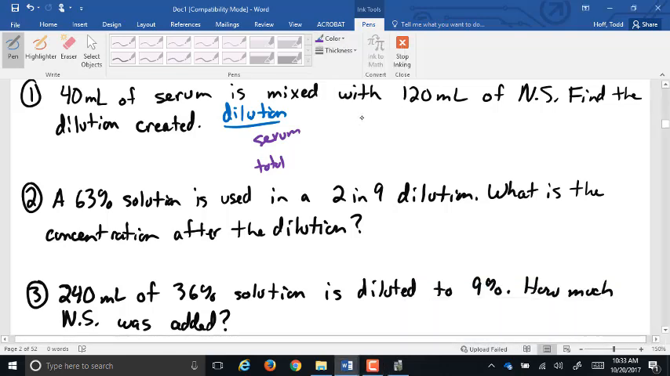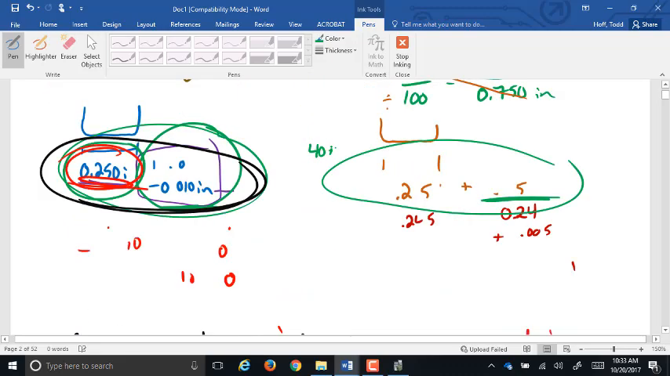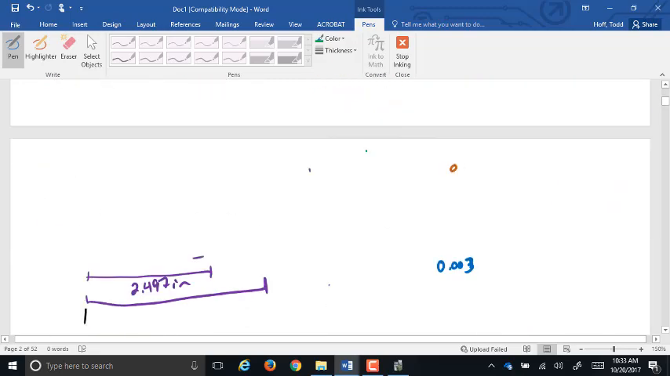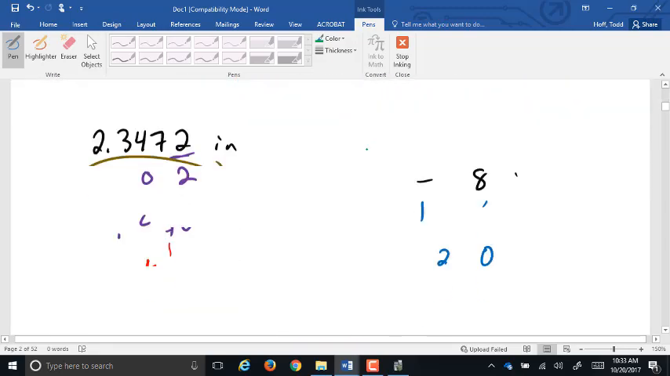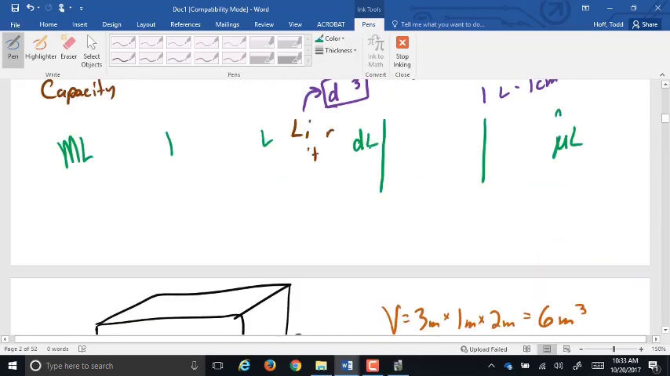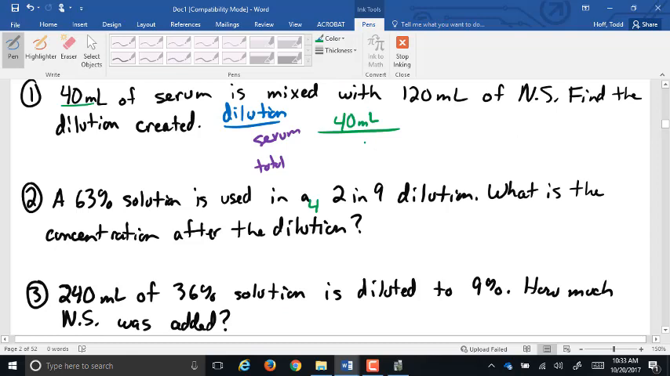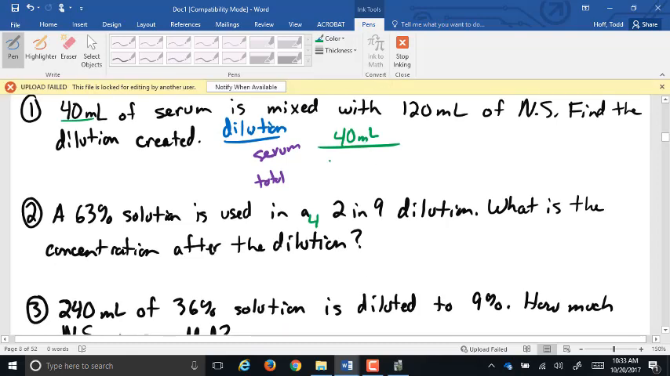So we have the amount of serum, which is the 40 milliliters. The total would be, technical difficulties abound today apparently. There we go. So it's 40 milliliters over 40 plus 120